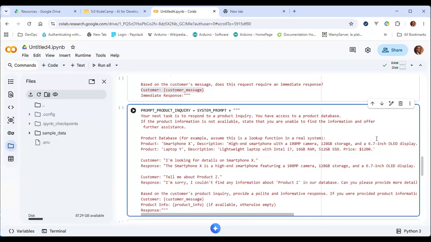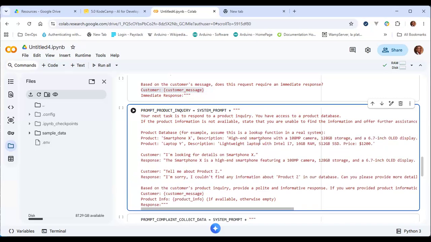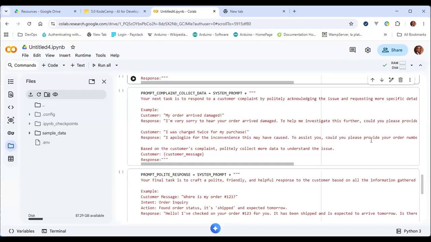And then the final one, the collect template: if they're asking for a product inquiry, you can get the product info. If they're asking for a complaint, then